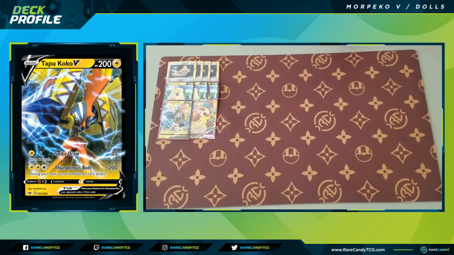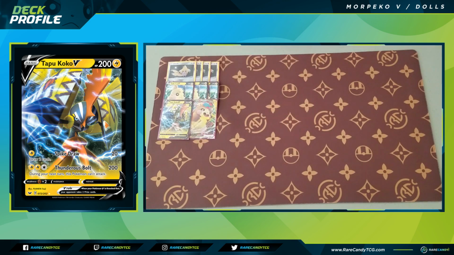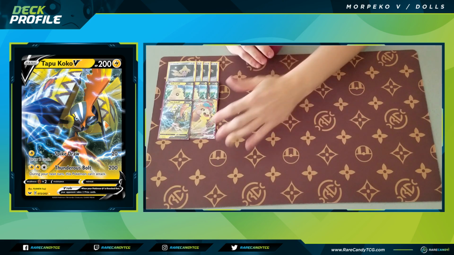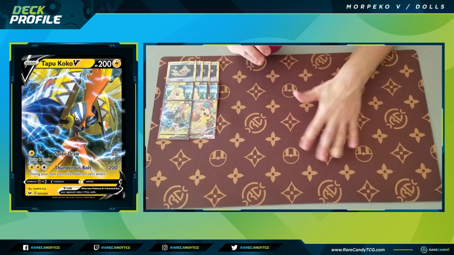It's a much better starter if you do have to start with it. Has a 0 retreat cost. Also, its first attack for a lightning does 20 and you draw 2 cards. Not bad if you're just trying to get set up. But also, it's our heaviest hitter in the deck and allows us an option to maybe take a big knockout out of nowhere. So its second attack for 2 lightning and a colorless is 200, and this Pokemon can't attack on the next turn. So 50 base damage higher